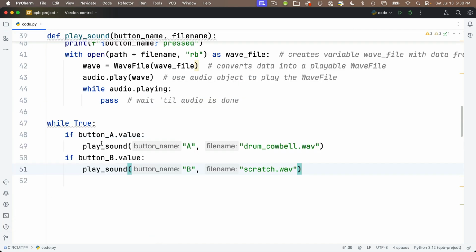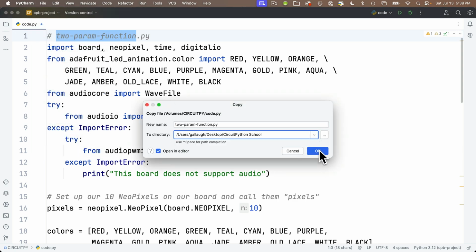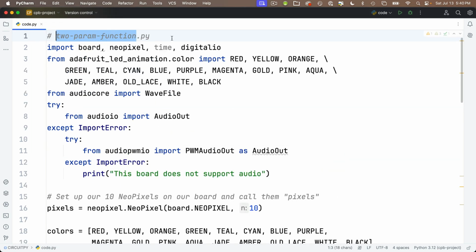So we'll close the terminal. We'll change the comment up top to 2-param-function.py. And I'll save this to the CircuitPython school folder. And close the extra window, and we'll cover more about functions in the next lesson, but let's recap the big